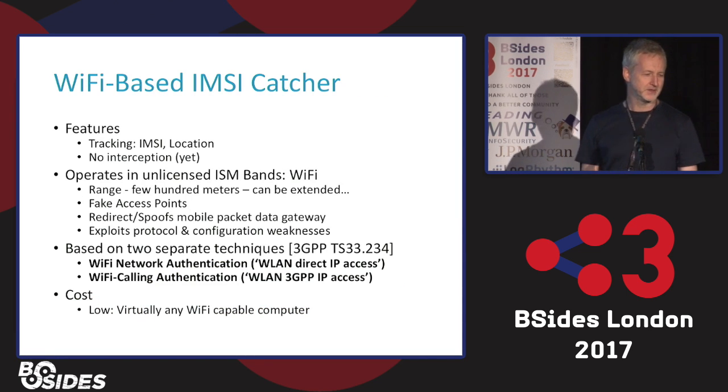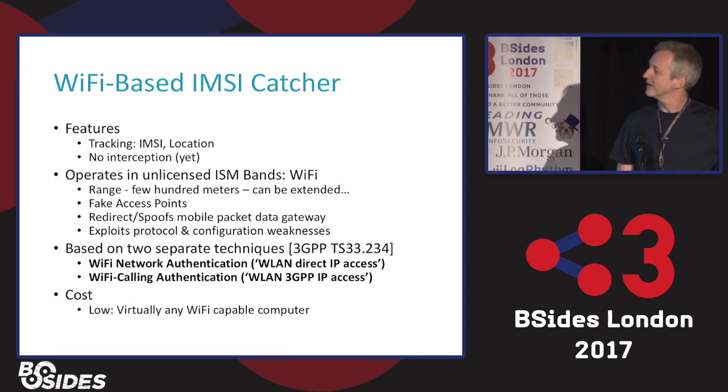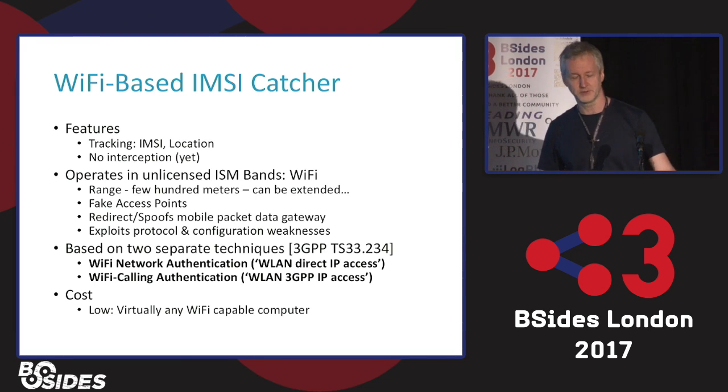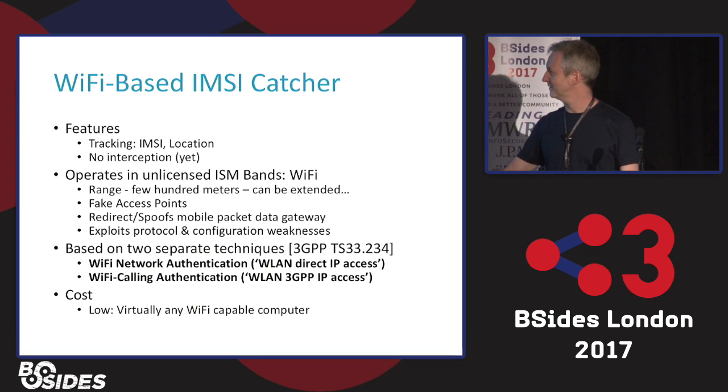So a Wi-Fi-based IMSI catcher, basically we can track on IMSI and location, but no interception. So far, it operates in the ISM, the industrial, scientific and medical bands, unlicensed, basically. So range, a few hundred meters, but it could be extended with all kinds of pringles cans and what have you. And basically, you can spin up a fake access point and perform some of these attacks that we're going to talk about. Essentially, it's based upon two techniques that are specified in this 3GPP standard,